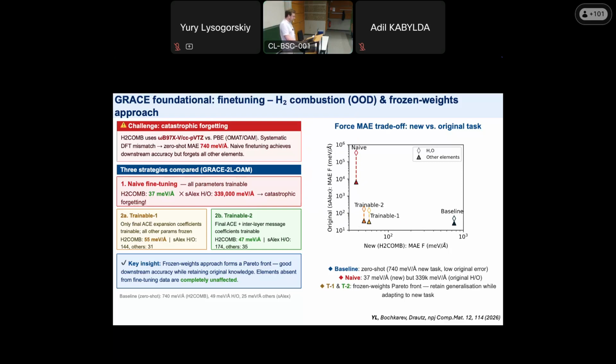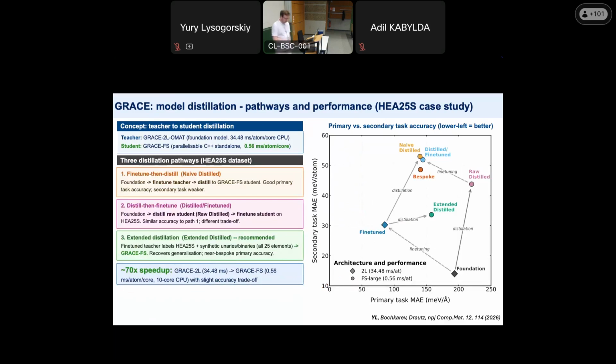All right. The second point is, of course, that these great foundational models, in general, especially if you try to cover a very large chemistry space, must be computationally less efficient than a dedicated model, because they have to capture the whole complexity of the foundational data sets.